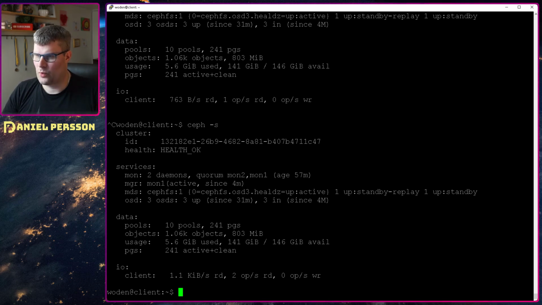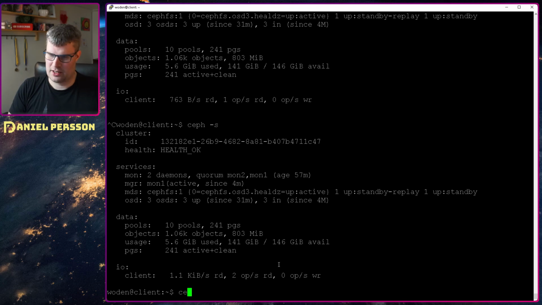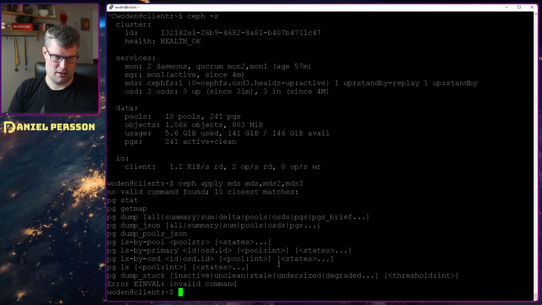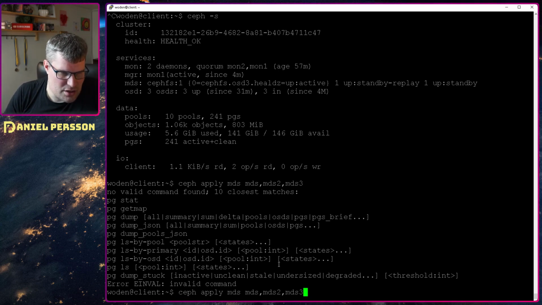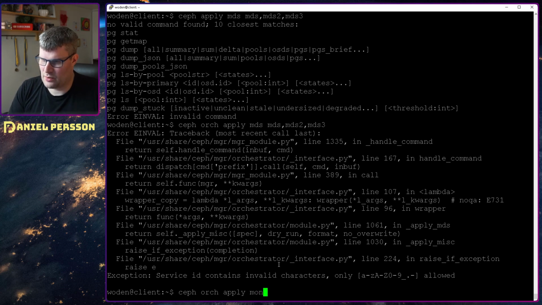And what I figured out here is that you can actually do this ceph orchestrator apply mds on the hosts mds, mds2, mds3, if I understood this correctly. ceph orch apply. That did not work. Service, okay. But on the other hand, when it comes to